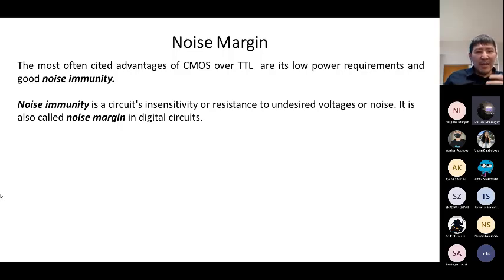It's also called noise margin in digital circuits and digital systems. For example, in any circuit there are some kinds of false signals. The reasons why they occur are many. It can be from, I don't know, for example, maybe someone doing some